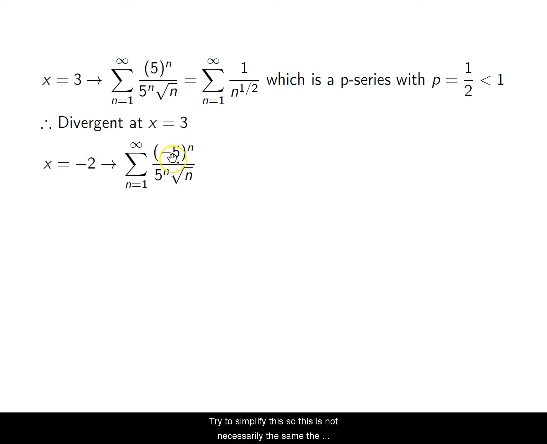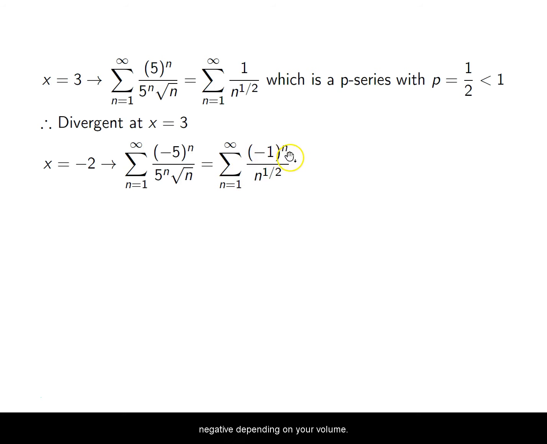I try to simplify this, so it's not necessarily the same. The only difference is a sign, right? So this is going to simplify to this. Again, remember, square root of n is just n to the 1/2, right? So I could have written this as -1^n over square root of n. It doesn't matter. Remember what I said before, that when you have an alternating series, this is going